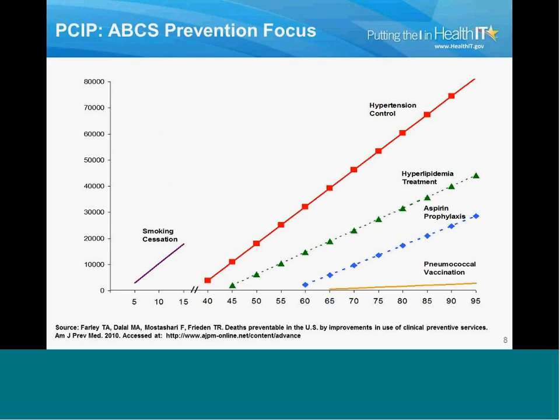And what you see here on this slide is the prevention focus that we've applied. Dr. Farley, Dr. Mostashari, and Dr. Frieden worked on an analysis of preventative services. The y-axis shows the number of preventable deaths in the United States, and the x-axis shows the percent of control. So in this example, looking at hypertension control, if you are performing at 50%, that would prevent 20,000 deaths in